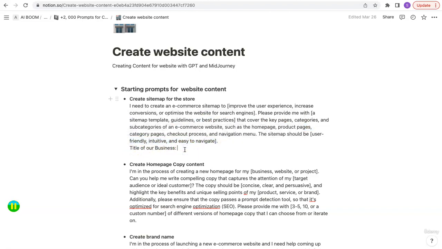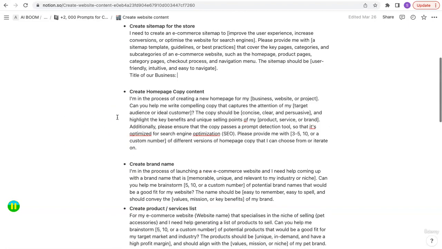Title of your business, and if you want, you can provide a sample website as well. For example, Airbnb or Uber could be a good template if you're creating a marketplace. If you're creating an e-commerce store, you can pick one of the Shopify stores that you love and try and work along those lines. Once you have the sitemap, the next thing you want to do is create a homepage